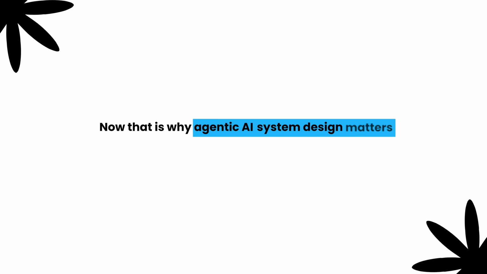You now may have more coordination overhead, more failure modes, more states to track, more logs to inspect, and more places where cost and latency can increase. Now, that is why agentic AI system design matters. The hard part is not just getting a model to answer. The hard part is designing a system that is reliable, cost aware, fast enough for the user experience, context aware, observable, and safe enough to connect to real tools. So now that you understand the context, let's jump into the building blocks.